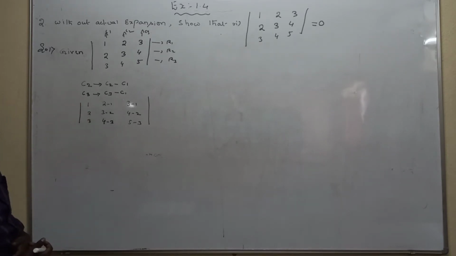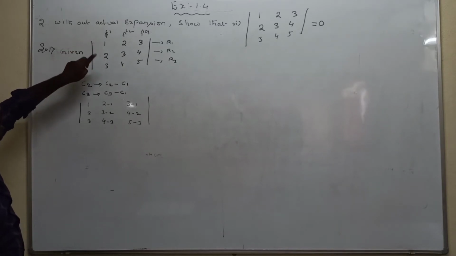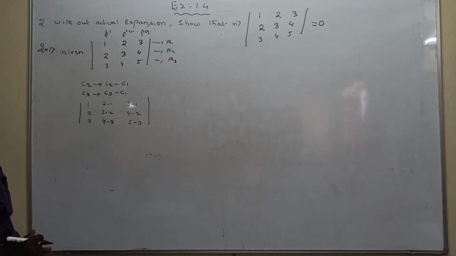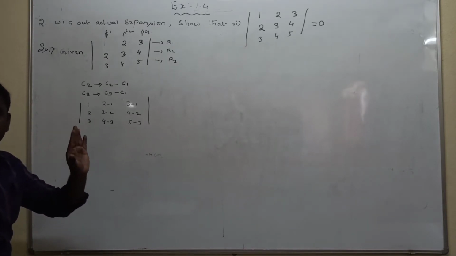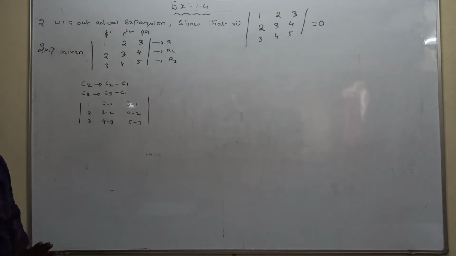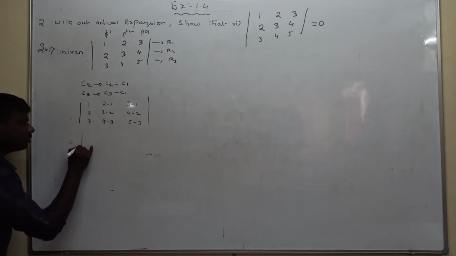Here, using the column operation. Suppose you are doing a row operation, then with the help of it, R2 changes to R2 minus R1, and R3 changes to R3 minus R1. That is, you can do it by using the row operation or by using the column operation. Finally, we get the determinant value as 0. Don't get confused here, friends. Now we can simplify these values.